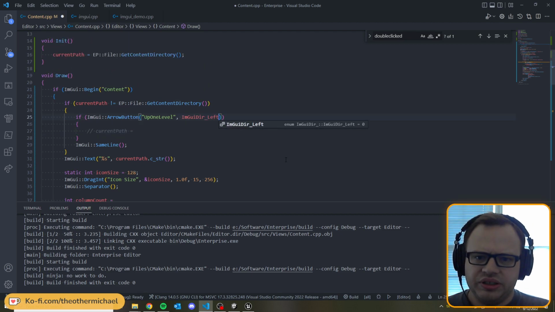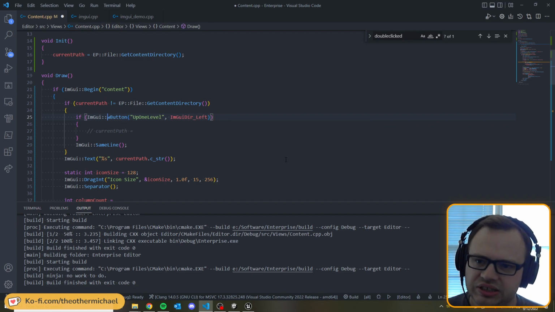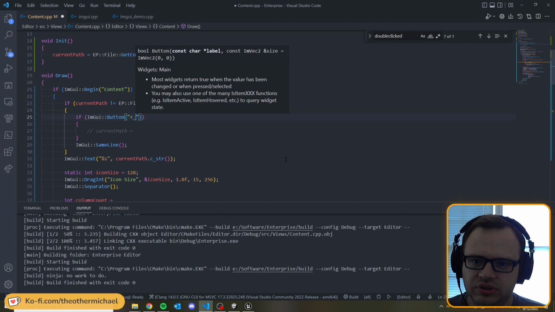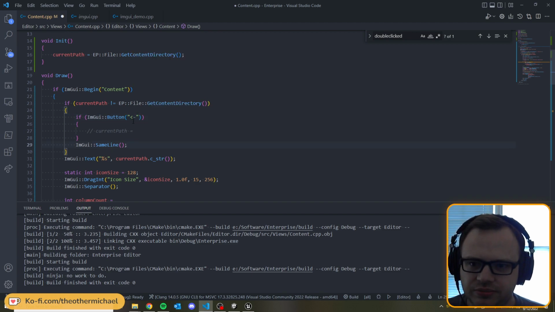I'll change the arrow on this guy left. And actually, I'm not going to use an arrow button. I'm just going to use a text button, and it's going to be like this. It's going to be just an emoticon arrow. And if you press it,